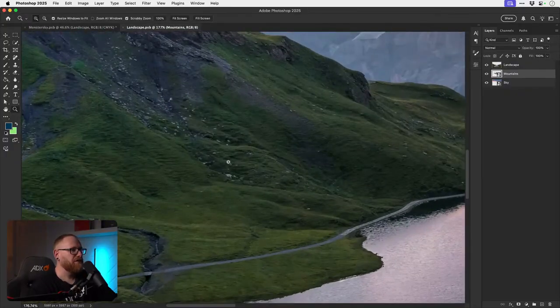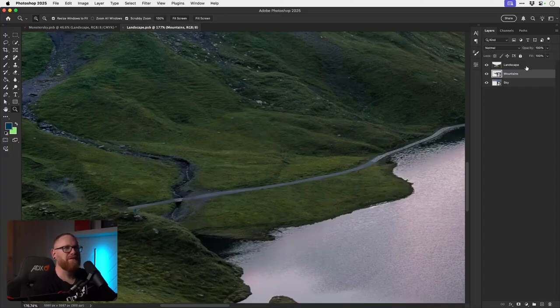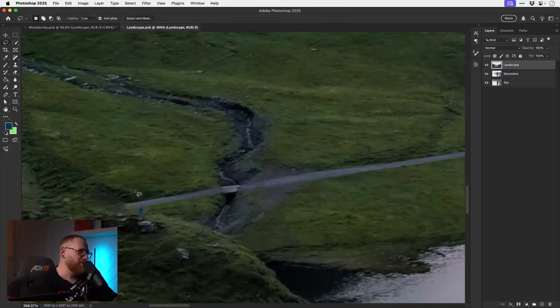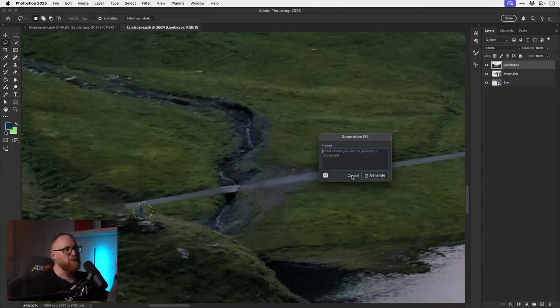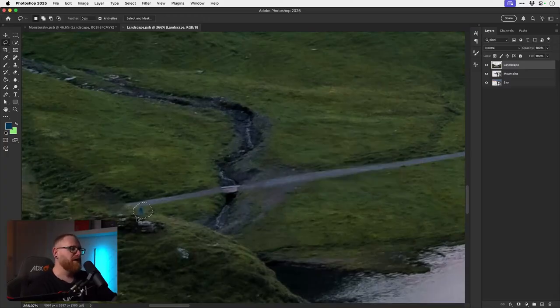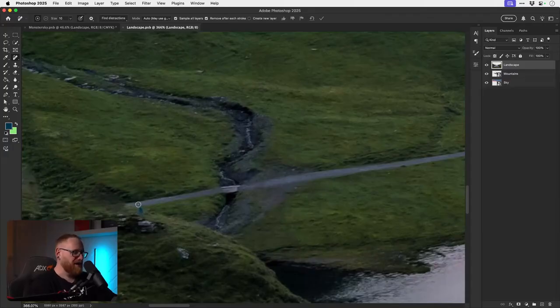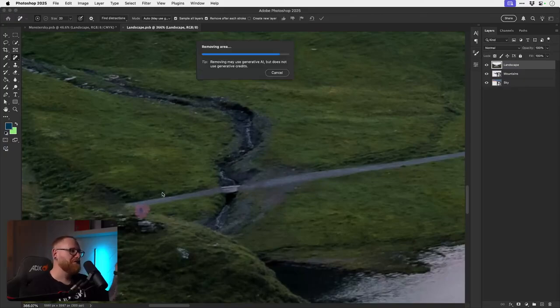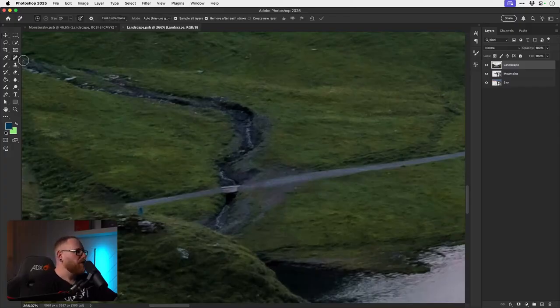If you wanted to clean up a bit, like this bit here, for example, if you didn't like this road, or even this, I don't know what this blue thing is here. Say you don't like that blue thing, you could just select this here and go Edit, Generative Fill, and leave it blank. Don't write a prompt, because writing prompts will generate things, and that's against the rules. The reason I've allowed that tool is because you've got tools like the Remove tool, which is again powered by AI, and it more or less does the same thing. You just brush over an area and it will use the same generative fill features to do the same thing. So, in fact, I think I will do that actually.